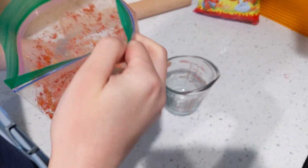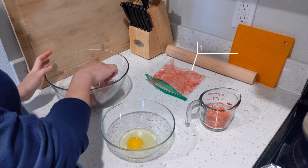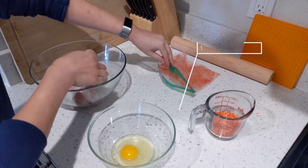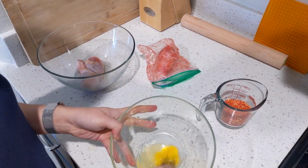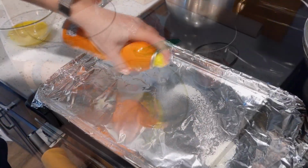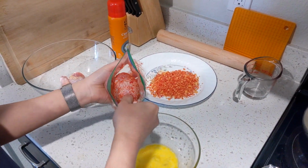So now I've got actually about half a cup of fine Flamin' Hot Cheeto dust, and I'm ready to take my chicken that's been sitting in the dry rub for about 20 minutes, putting it back into the bag where I still see some dust, then actually spraying my pan with a little bit of canola oil, and just take